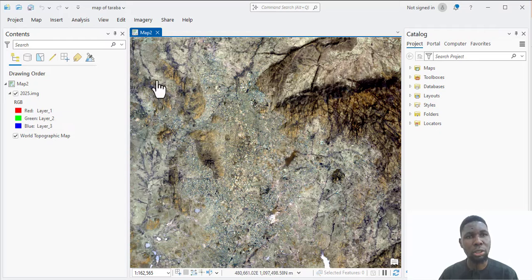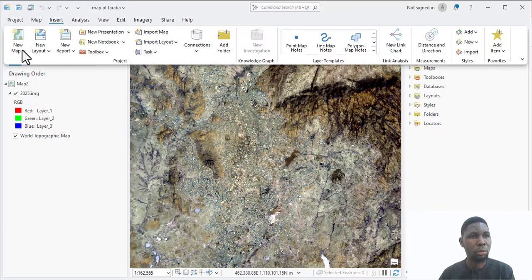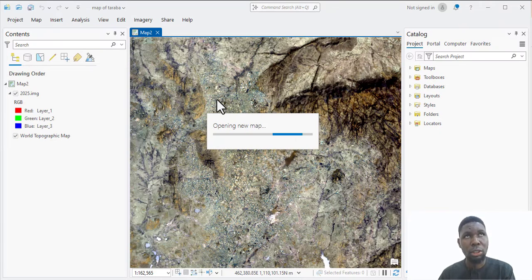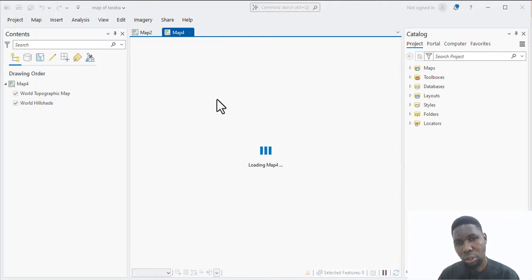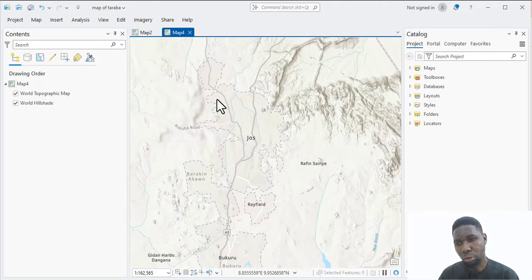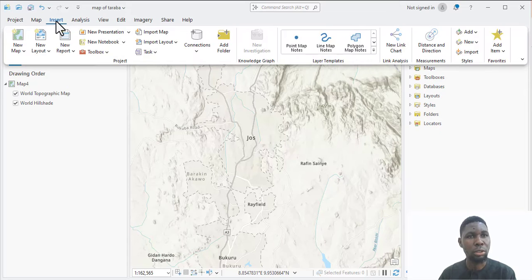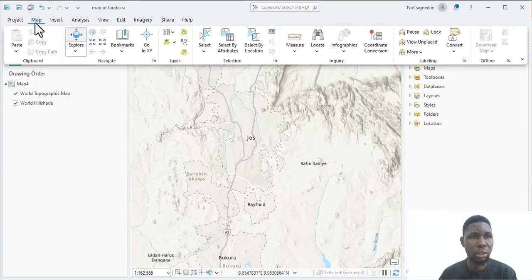To do that, we need to go to Insert and then add a new map. So just click on New Map. Now, don't forget that for you to be able to use this feature, you need to be connected to the internet, right? So I've added a new map and I'm going to go to the Insert tab, the Map tab,